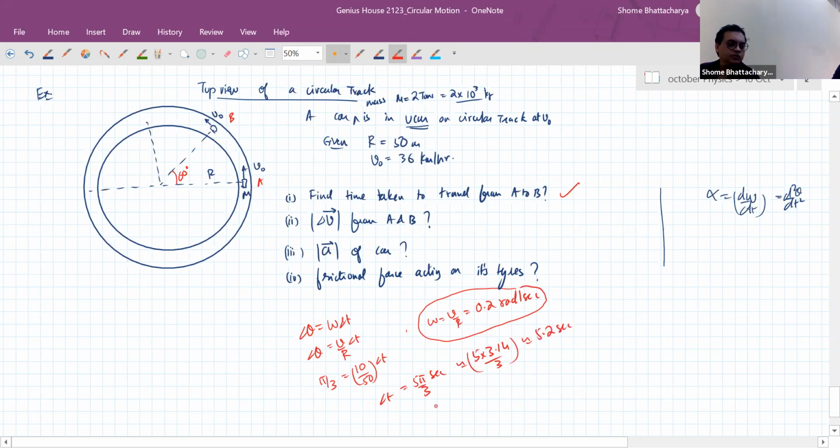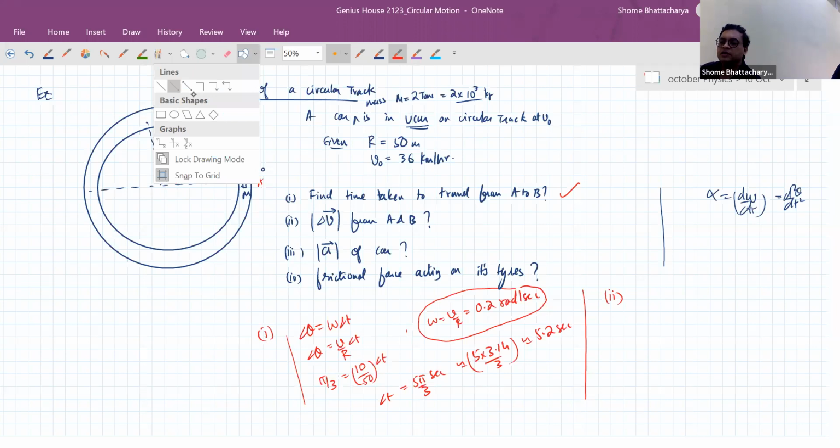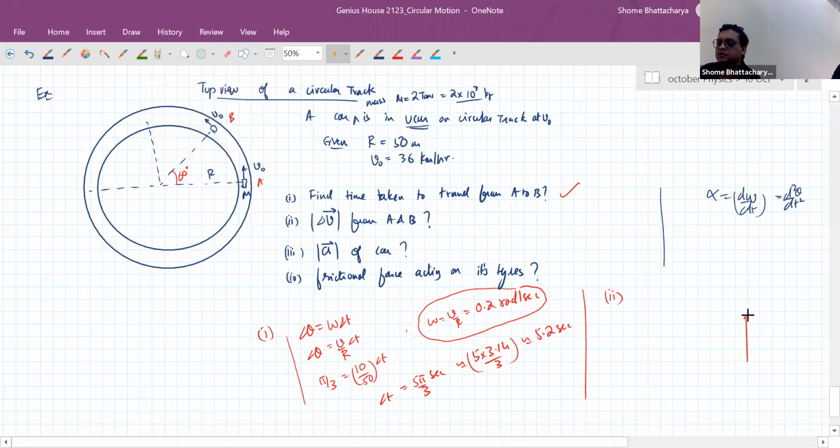Okay. So this part of the calculation is clear. This is the first part. Now let's come to delta V. This is something different altogether. This is just to understand how the velocity vector is changing. At A, the velocity vector was like this. Let's say the position is along the x-axis. This is the velocity vector when it was at A. It had a magnitude of V0. Now by the time it comes to B, the position vector is rotated by 60, and so will the velocity vector. So the velocity vector will have become like this, of magnitude V0, but this angle will be 60 degrees.